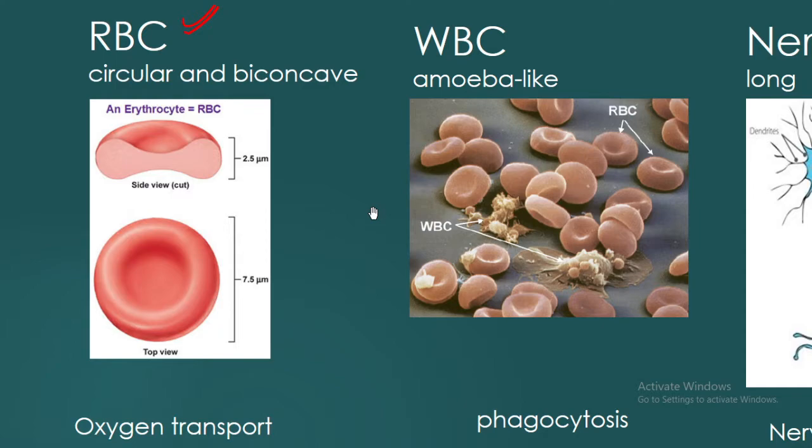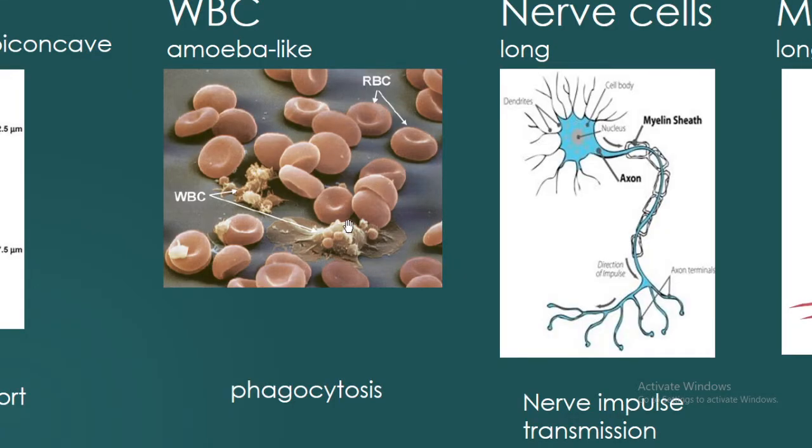If you take WBC, among all these RBCs you can see in between these fellows, they look something like an amoeba. Okay, they don't have any specific shape, they simply keep moving like this, you know. So WBC is that kind of cell. Nerve cells are generally very long, a long tube like structure. Muscle cells have this kind of constriction, a cylindrical structure, they can contract and expand.